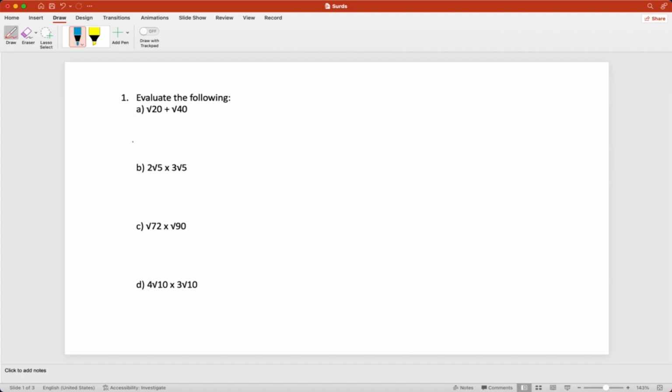Square root of 20 plus square root of 40. So, we start off by simplifying, okay? First of all, to simplify it, you have to find a number which you can square inside the root. So 20, for example, is 4 times 5. Okay, you can convert that into 4 times 5. Same thing with 40. You can convert that into 4 times 10. And now because you got the 4 here,